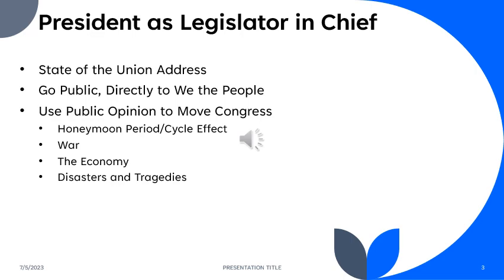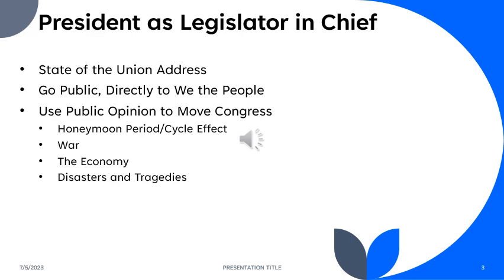A better example, Hurricane Katrina hitting New Orleans in early 2005, right after Bush started his second term as president. The perception was that he did not handle that disaster very well at all. And that dogged him for the rest of his time in office. He was perceived as inadequate to the job of dealing with Hurricane Katrina hitting New Orleans as hard as it did. So that negative perception led to negative approval ratings, which gave him no real relevance to Congress.